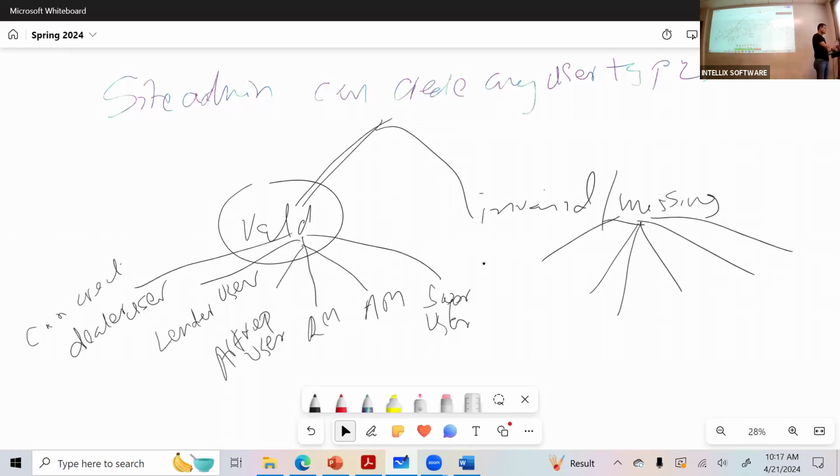Can you give an example of valid information, let's say for the dealer user? What is valid information? Here we are saying, if I supply valid information, now what is valid? What does it mean, valid information? When it is consistent, complete and correct. No. It's not about, now you are trying to create a user, right? So you are supplying user information, which is the right, which is correct, which is all the information that you need to create a user. Now, how do you know what is valid, or where do you get that from the document? What is valid? Is that information provided in any of your documents? In the design or requirements?